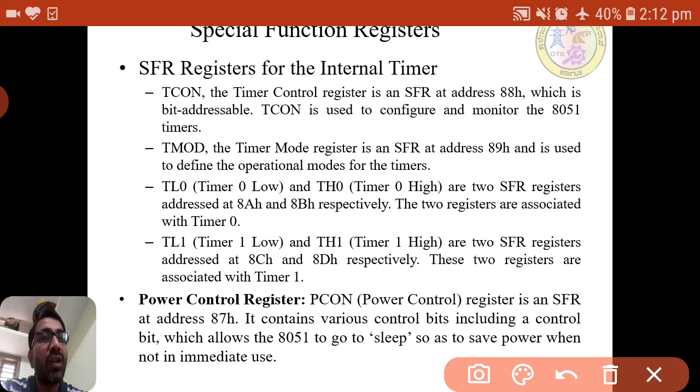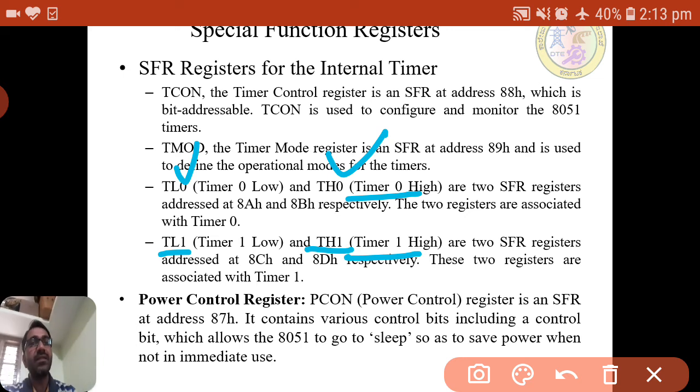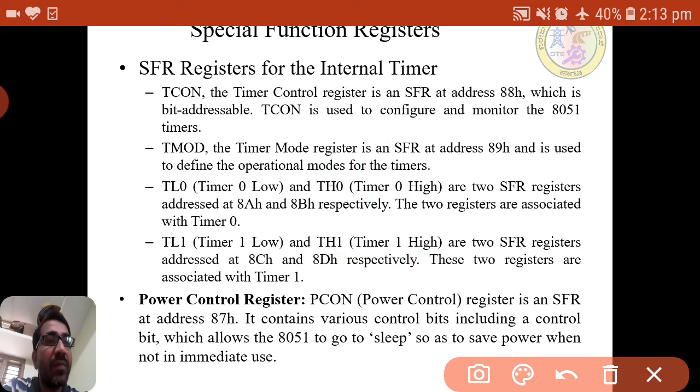Okay, for that I need to put a count based on the clock, and I need to calculate how much value I need to put for the delay. That delay value I will put in the timer 0 register and timer 1 register. If I am using timer 0, I need to put the values in TL0 and TH0. If I am using timer 1, I need to put the value in TH1 and TL1. These timer registers help by setting how much delay I want, whether I want to reduce the delay or increase it. Increasing the delay means a high value will be used.